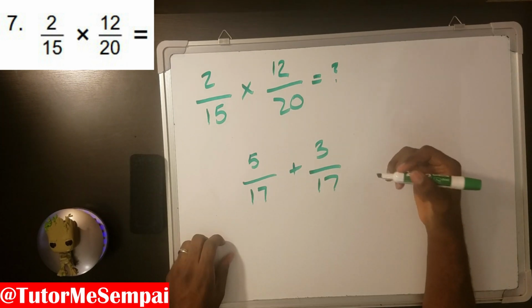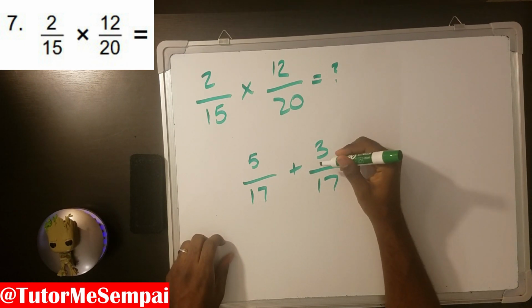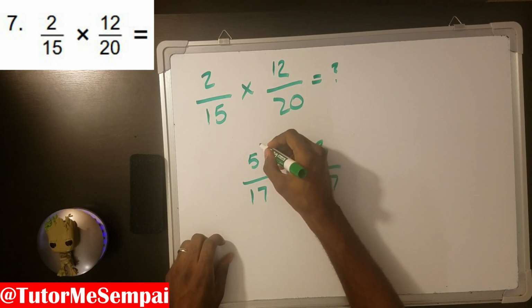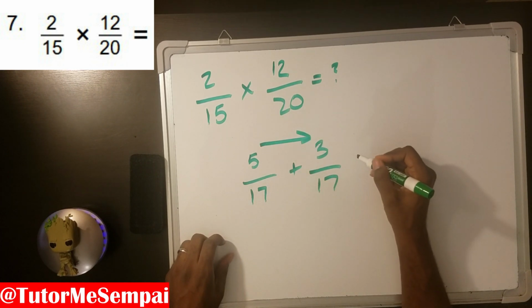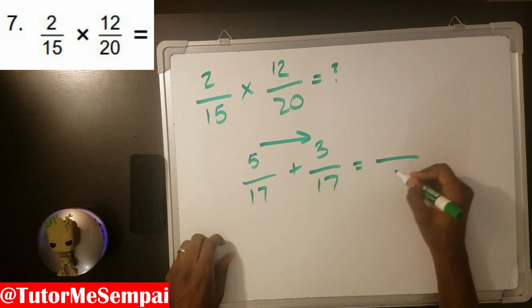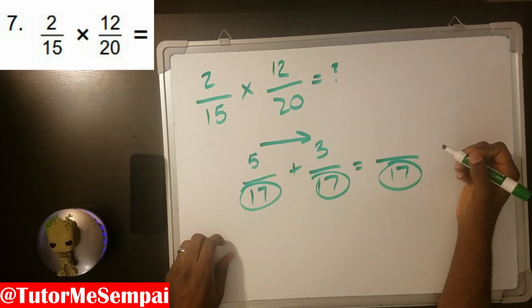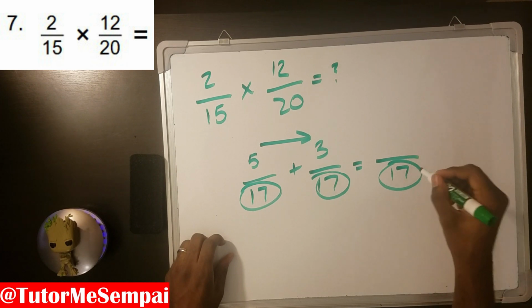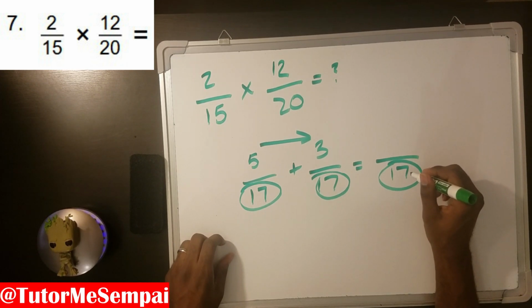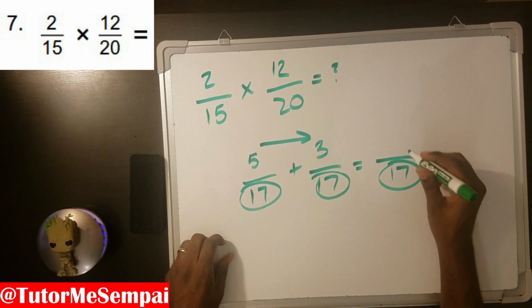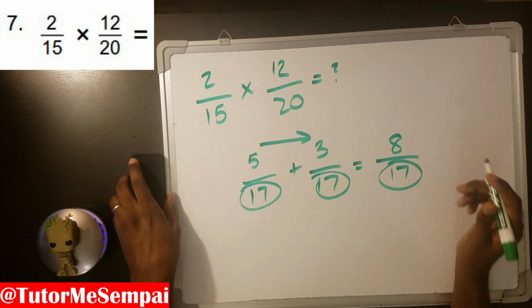Another difference between adding fractions and multiplying fractions is the process. When you're adding two fractions, all you do is add across the top while you're keeping the bottom the same. That's why we need the denominator to be the same, because we're just adding the top and leaving the denominator as it is. So this would be 8. However,